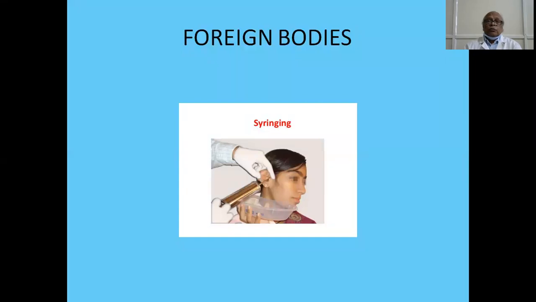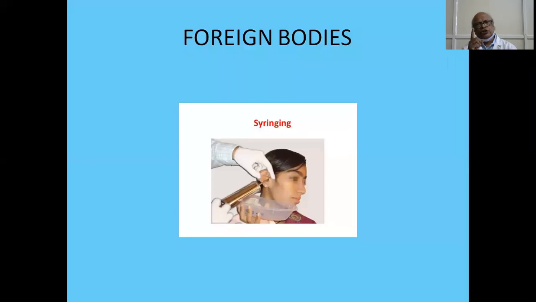Now, live insects, both in children as well as adults, sometimes go into the ear and produce intense pain in the middle of the ear. How would you manage? Simple. First and foremost thing is, you should kill the insect by asphyxia. How will you do it? What is the easily available material? Water. Just instill water. Fill the entire pinna with water. Wait for 5 minutes. The insect will die with asphyxia. Once the insect dies, then you can do syringing or take a small hook and hook it out.